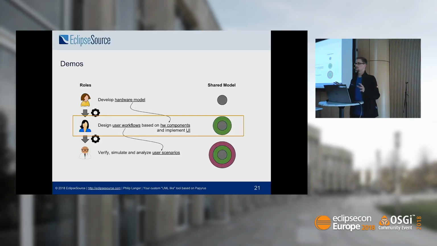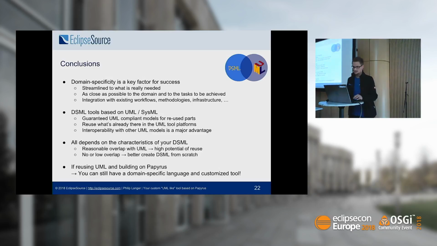And I've prepared a little demo for that as well. So just to show you this picture again, I've prepared a small example tool which takes a hardware model, then generates the initial empty model that already contains the hardware model for creating workflows, so that this user can directly make use of that model, then just create the workflows, and then that another person can use that workflow to make analysis, for instance, about it. So how that looks like is